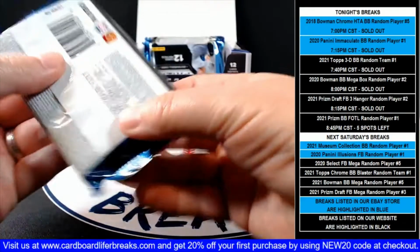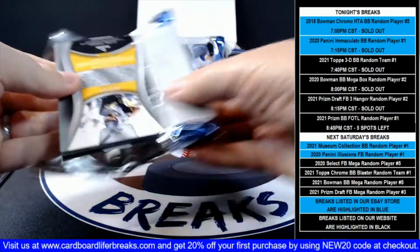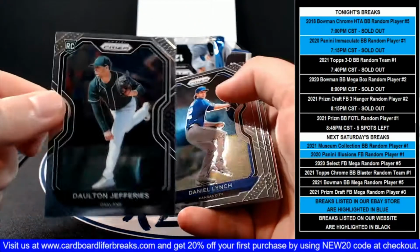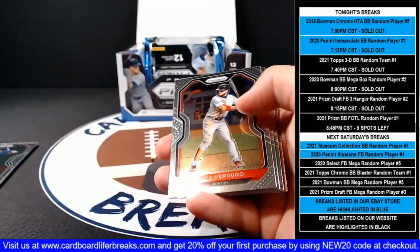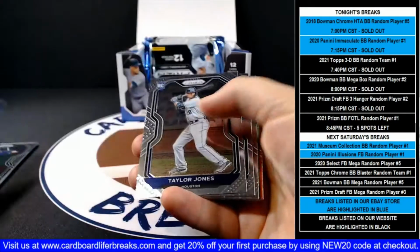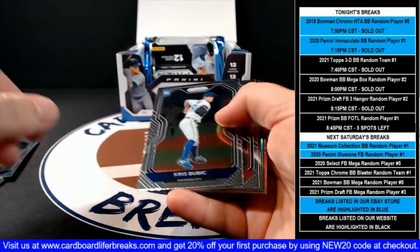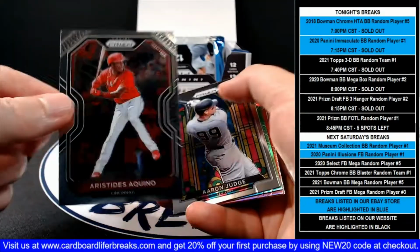Next pack. Austin Meadows, Dalton Jeffries rookie, Daniel Lynch rookie, Alex Verdugo, Taylor Jones rookie, Randy Johnson, Chris Bubick rookie, Aquino,